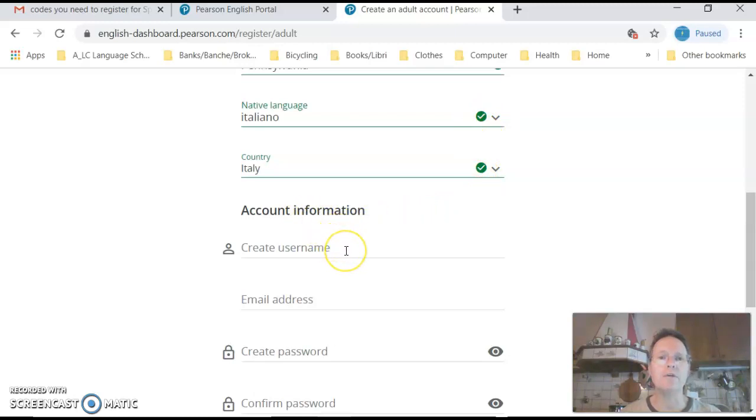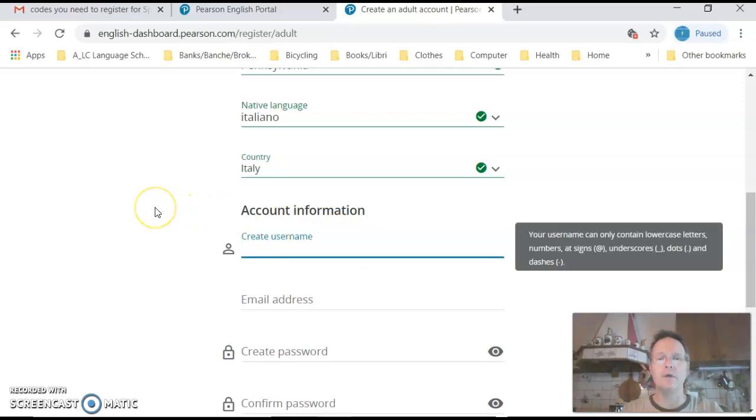Account information, create username. So I'll put Giuseppe, and it says over here, username can only contain lower case letters. All right, so I put a capital G, so I need to make it a lowercase or small letter g. So Giuseppe. So lowercase letters, numbers, @ signs, underscores, dots, and dashes. So Giuseppe says it already exists, and then if I put, say, Pennsylvania, or if I just put Giuseppe Pa for short for Pennsylvania,